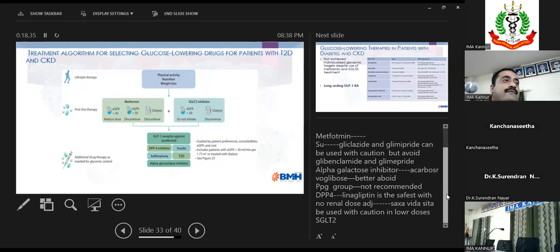The DPP-4 inhibitors, yes, almost every DPP-4 inhibitor is metabolized by the kidney, and in the CKD setting the safest is linagliptin, which is actually metabolized in the liver. Linagliptin scores out only in the aspect that it doesn't require a renal dose modification. Saxagliptin can also be tried on modified renal doses.